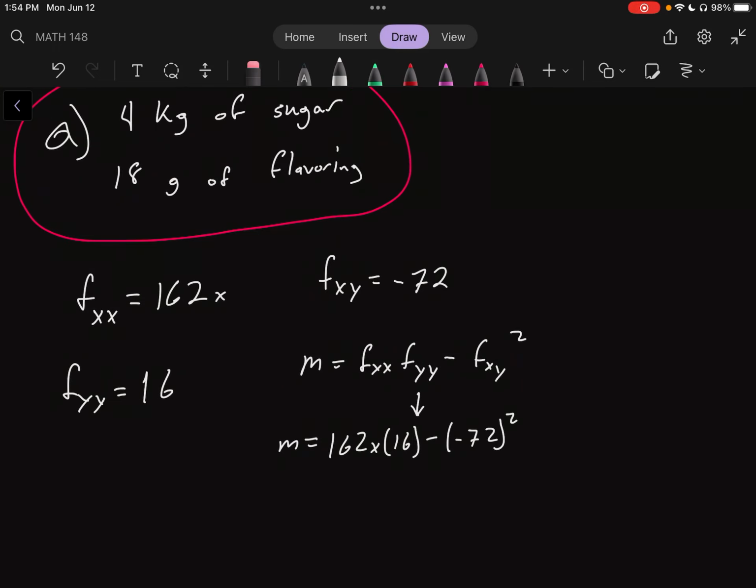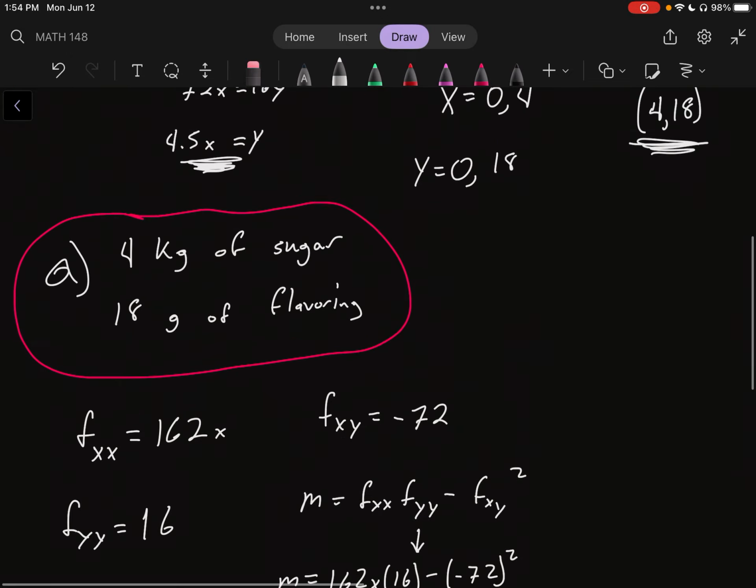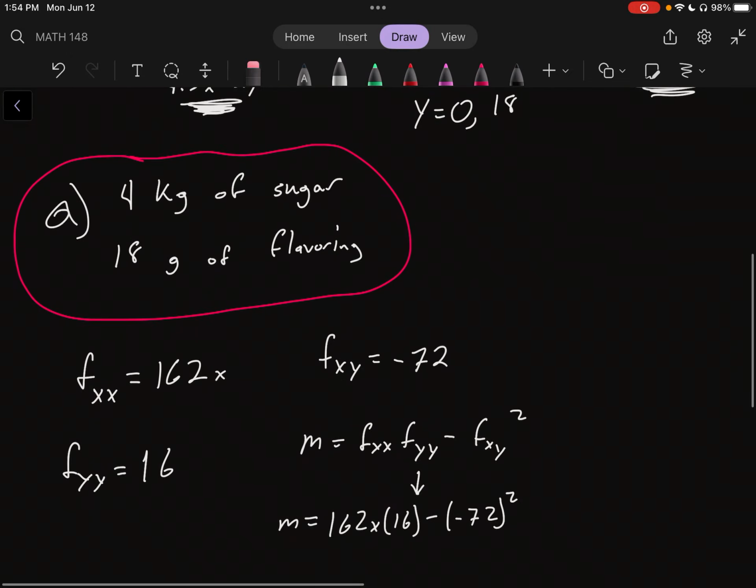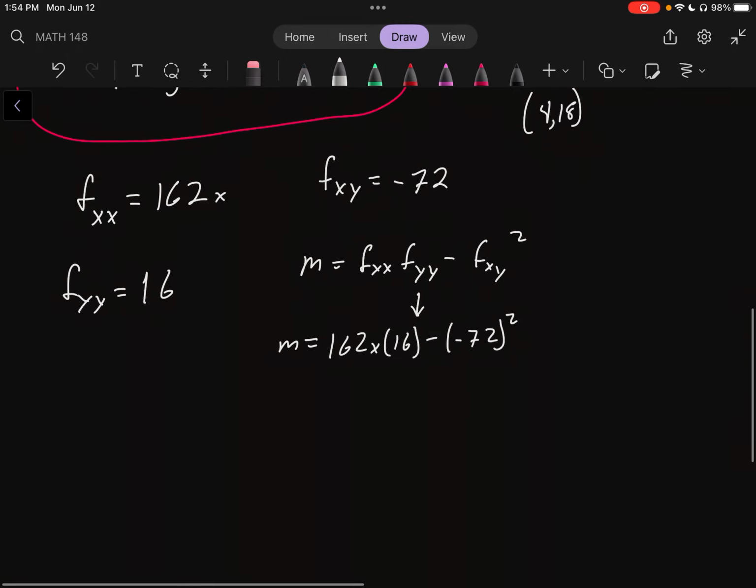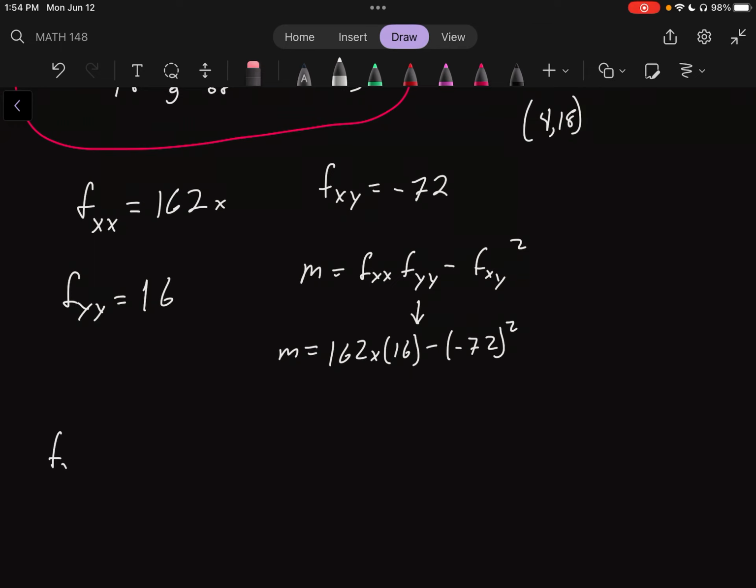And so now we take our point, which is (4, 18), and we plug it into here. So fxx, when we're using (4, 18), is going to be greater than 0. And then m is just going to equal 162 multiplied by 4 multiplied by 16 minus negative